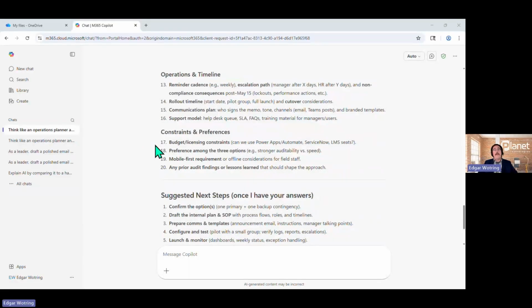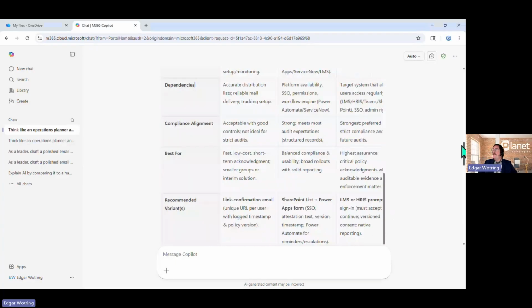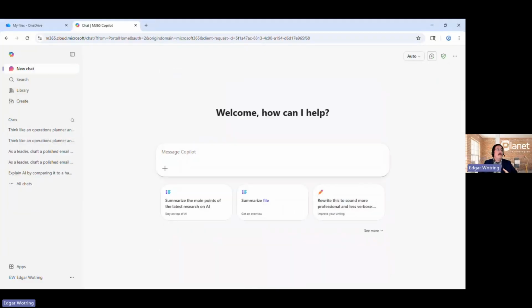Wow, Copilot really went above and beyond here to provide us with a lot of really detailed questions that are going to be a part of our successful, hopefully, output. And this is wonderful. Copilot even indicated, all right, once I've got that response from you, Edgar, here are the following steps that we're going to follow to ultimately get this content that we're wanting to create. I would love to read through these in a bit more detail, but for now,